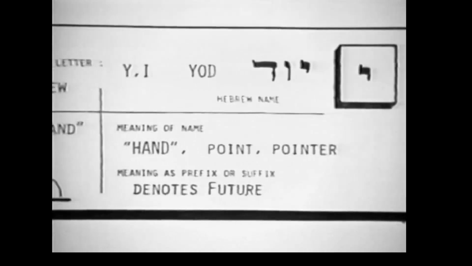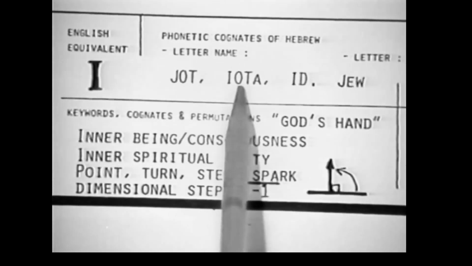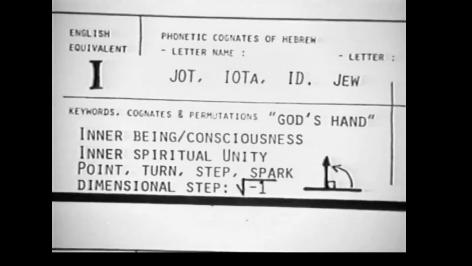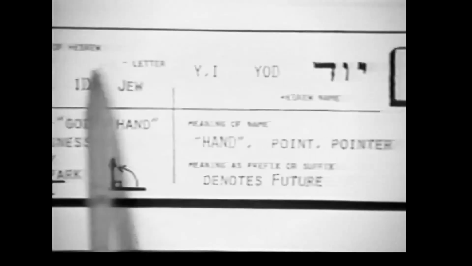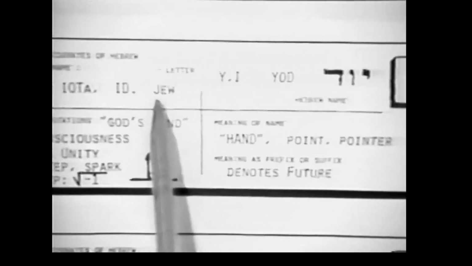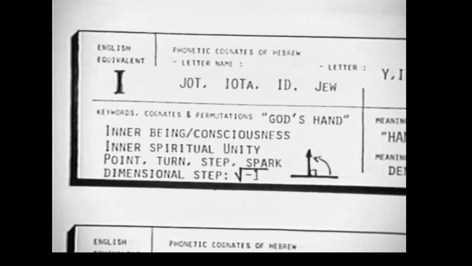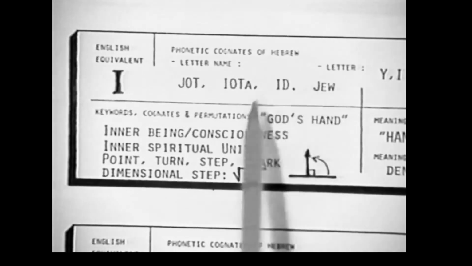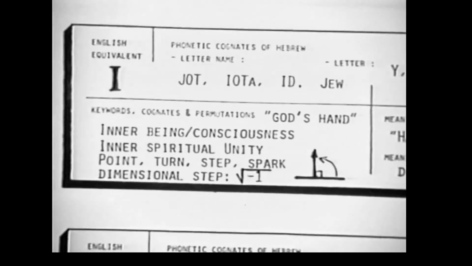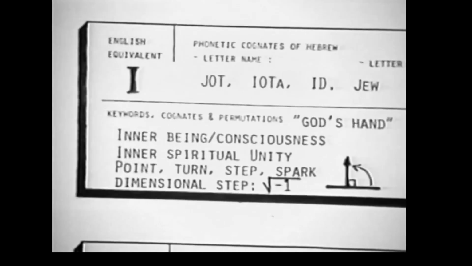If you go over to the English side, the English equivalent letter is an I. The Greek letter would be iota, which really means a jot or iota in modern meaning. But if we just look at the Hebrew, the I and the D, that's id. Or, as others have pointed out, it's also the letter that stands for Jewishness. Yehudi, Yehuda, Yud, the same sense, Jew. And that's because the Jew is intended to be the carrier of some internal spiritual consciousness. So that's why that designation.